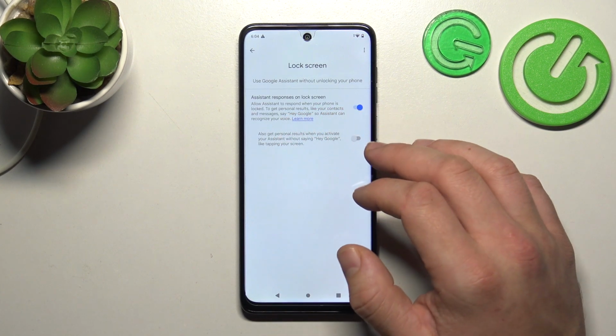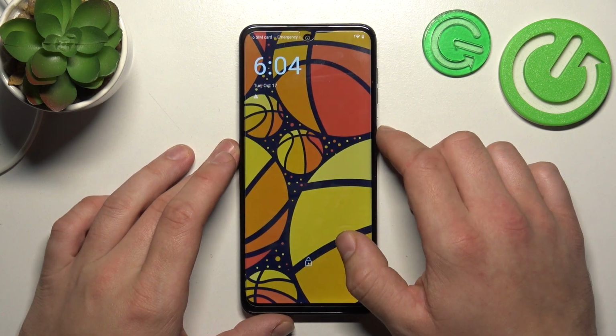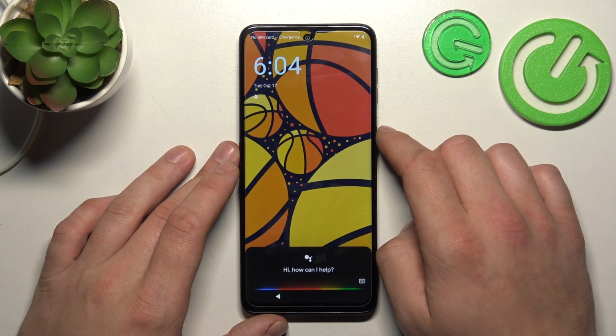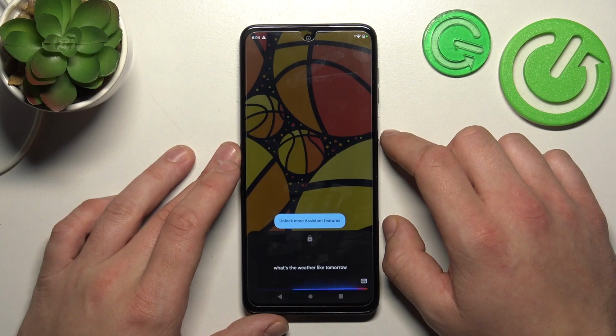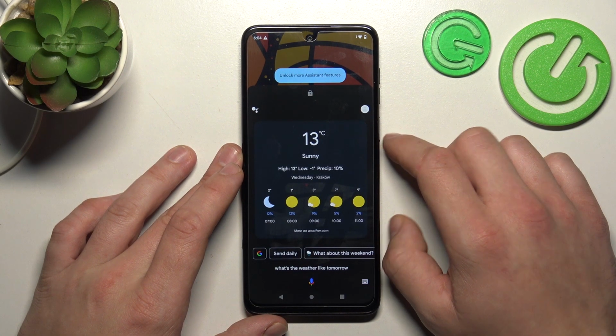Also make sure that assistant responses on lock screen are enabled, and now you can simply lock the screen and say, Hey Google, what's the weather like tomorrow? It'll be sunny, with a high of 13 and a low of -1. And that's